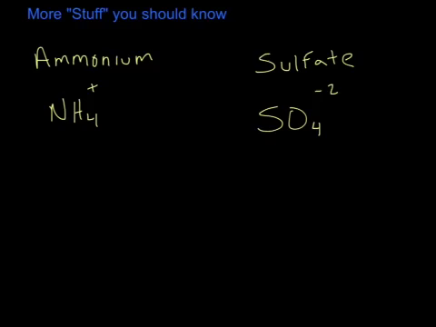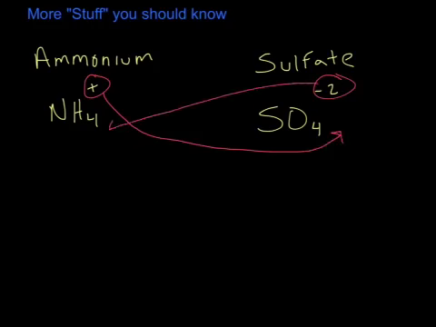As we put these together, right, we see the plus, the cation, the anion. Alright. This positive charge we're going to crisscross like we've done so many times before. A common mistake is to go NH2SO. Well, now we have just completely